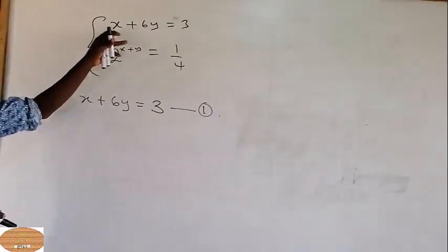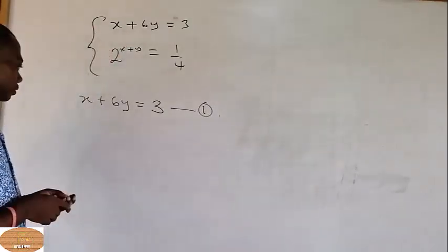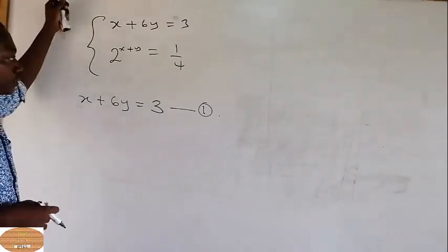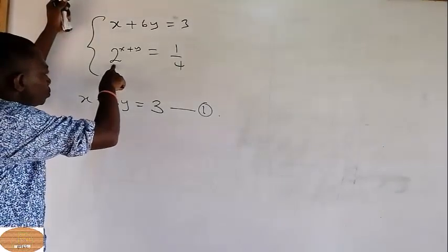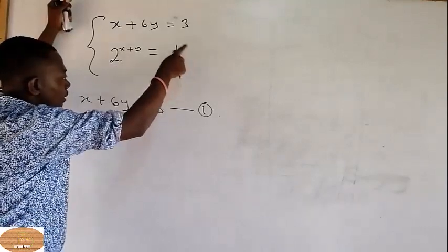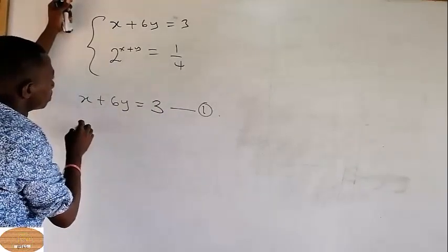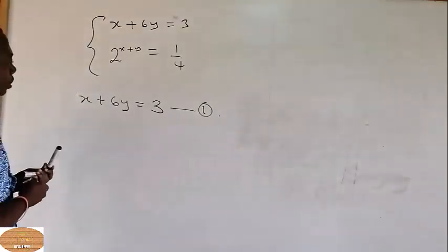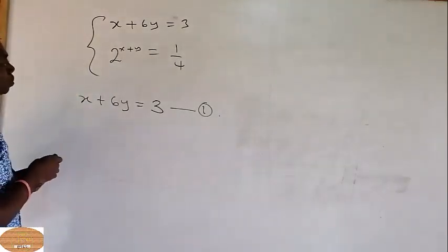So we don't have to play with the first one. So that one is set. Now the second one is where the problem lies. So I have 2 here, and I have 1/4 here. So this one is the same as 2 to the power